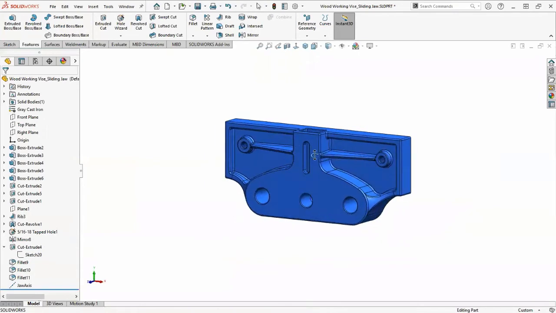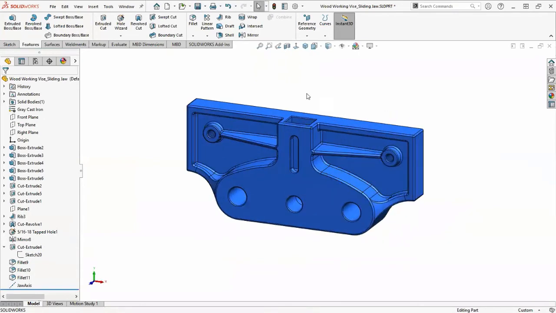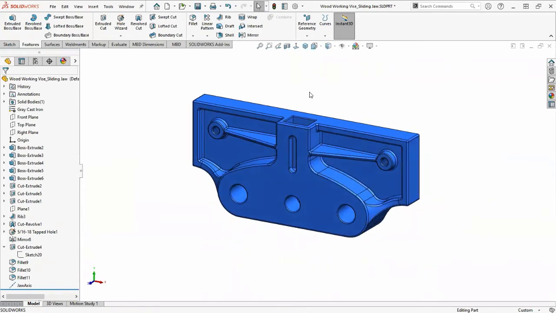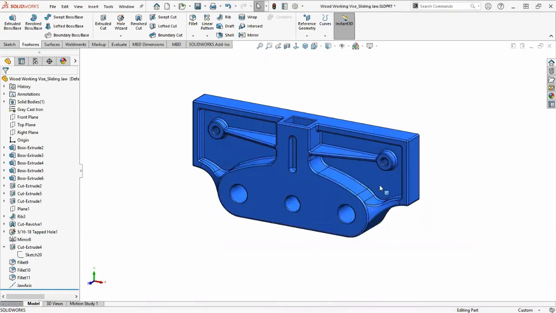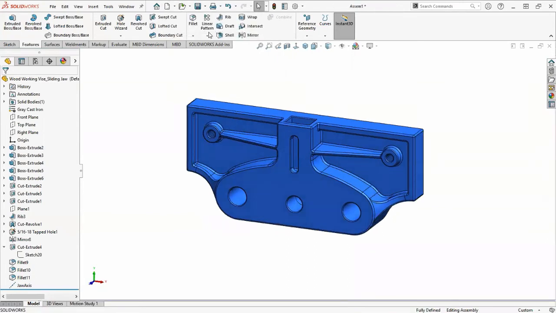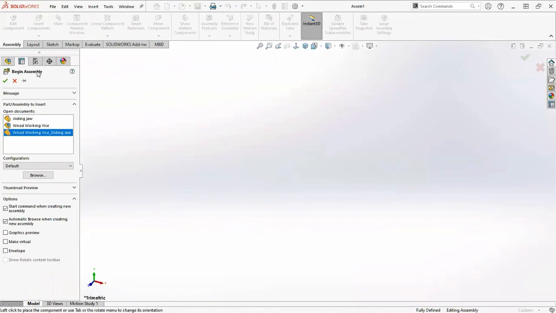All right, so there's that part. Let's go ahead and start creating an assembly. You can create an assembly in a few different ways. The most straightforward way is to go to the new icon, new document, and just double click the assembly icon to start a new assembly. Well, since I already have this part open and I want it to be the first part in this next assembly I'm creating, I'm going to go ahead and select the drop down and make assembly from part/assembly. It's going to automatically start this begin assembly option here